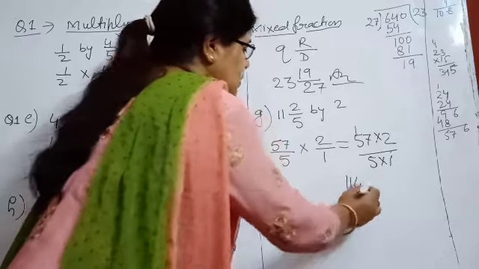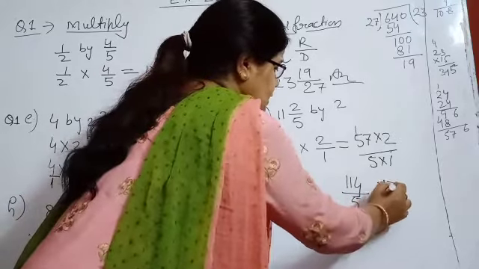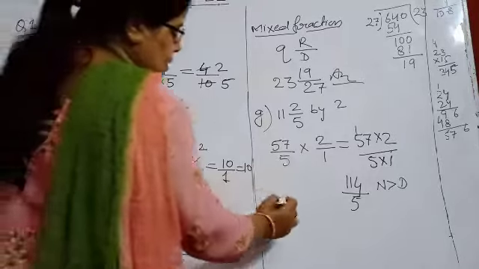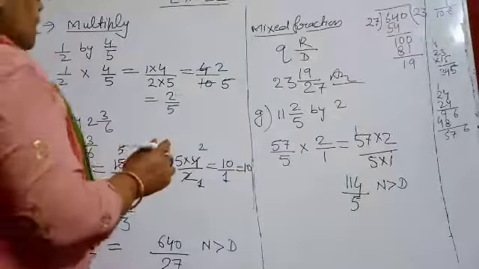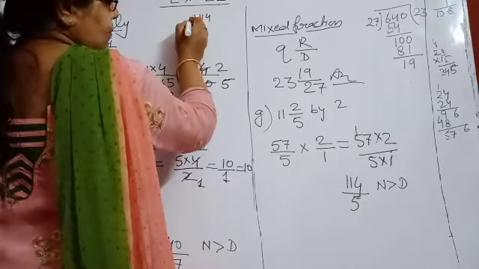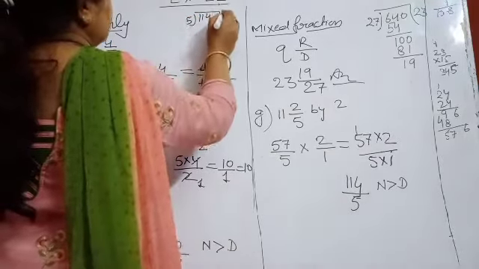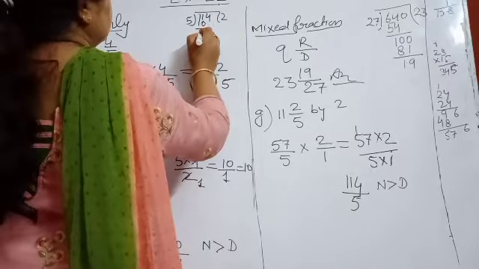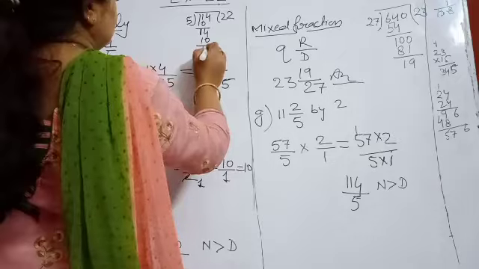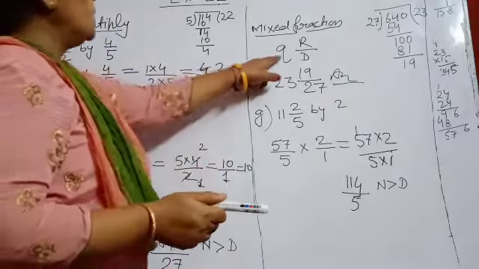5. Again you see that the numerator is greater than the denominator. So again we will write this one as a mixed fraction. So what will you do? I am dividing it, 114 divided by 5. Okay, 5 twos are 10, 1. Then bring down this 4, 5 twos are 10. In the same way apply this rule.